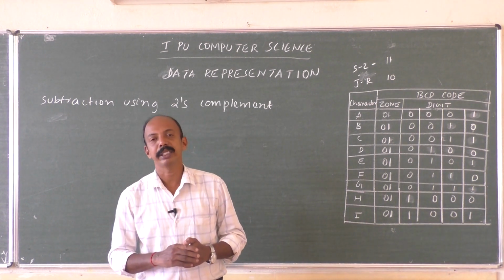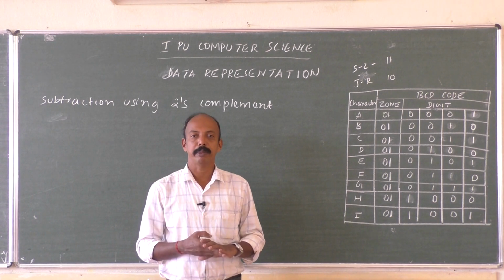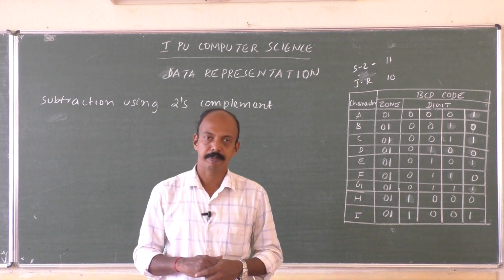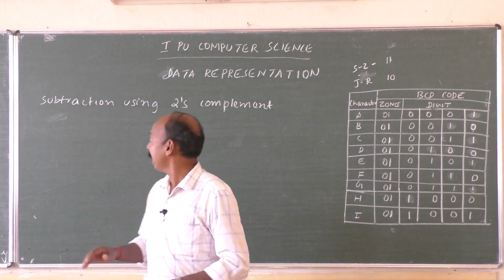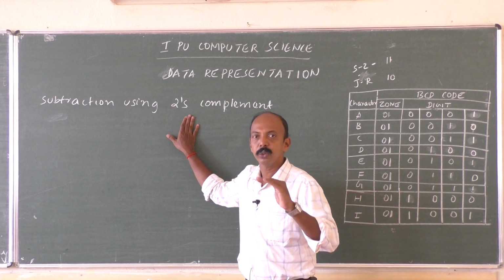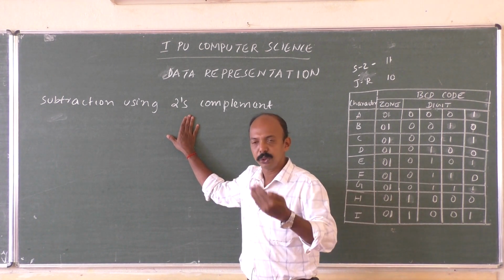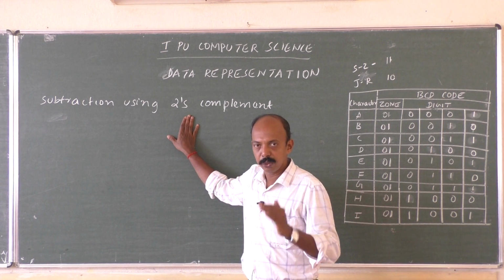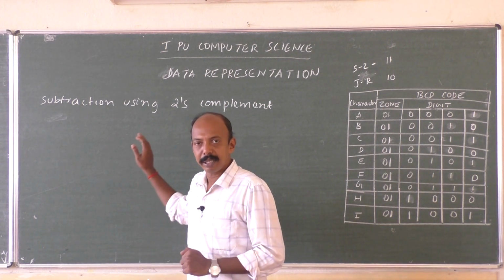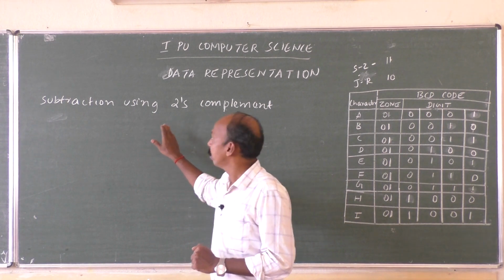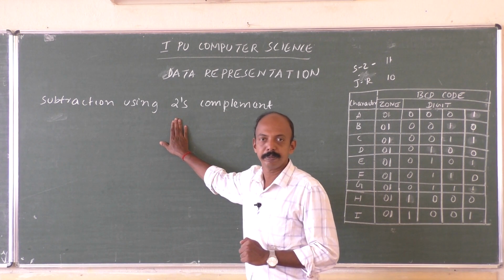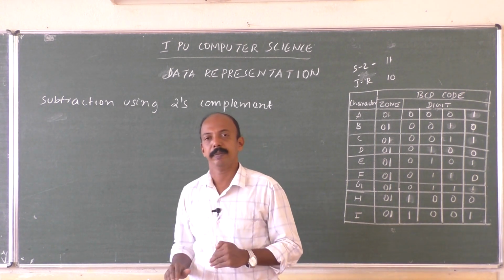After that, we have seen subtraction using 2's complement, that's also when we are subtracting a smaller number from a larger number. Since it is subtraction using 2's complement, here we have to go for 2's complement. But whose 2's complement do we have to take? Here also we will write the numbers in binary. Then we have the minuend and subtrahend. Take 2's complement of the subtrahend and add it to the minuend. We will get the result.